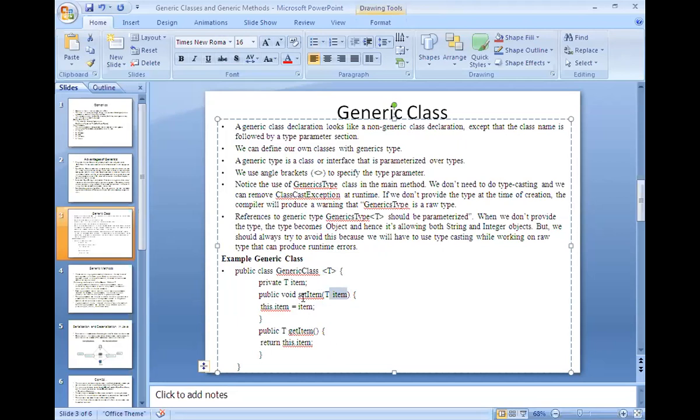We are simply passing the data type, and automatically the whole process will be taken care of by the compiler itself. That is the advantage of generics. Now notice the use of the generic class in the main method. We don't need to do typecasting, and we can avoid ClassCastException at runtime.